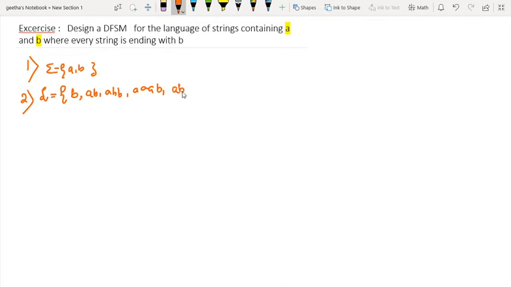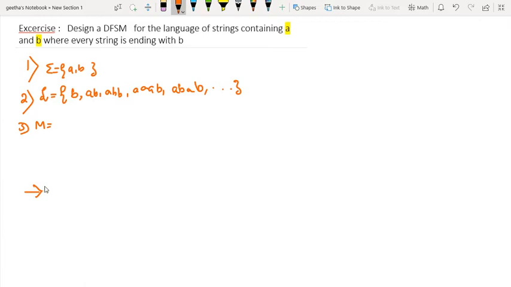Then it can be something like AB. After that, an A can come, then B might come. Well, these are the possibilities. Still, this can fall under this language, and there are many. Okay, so it's always better if you write a language like this. Then we'll write a quintuple. The quintuple I'm going to fill in later, so it would be easy if you first construct a DFSM and then fill that in.